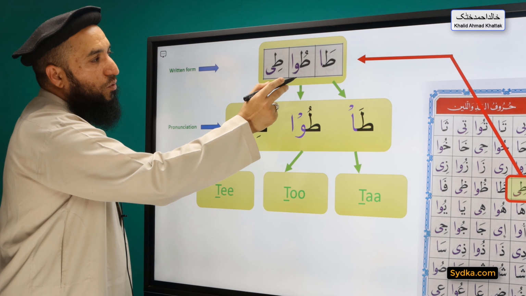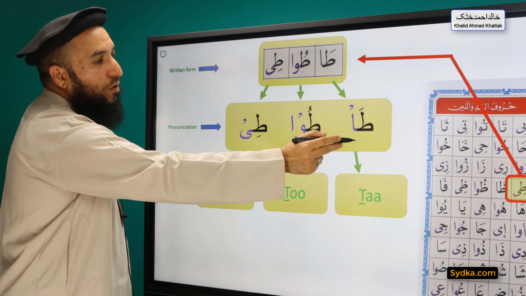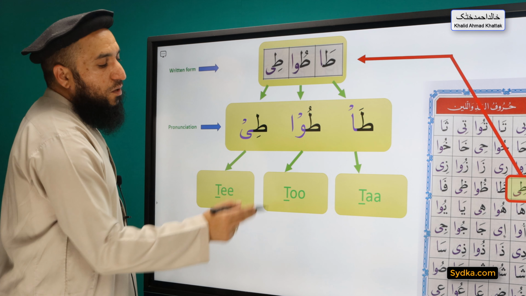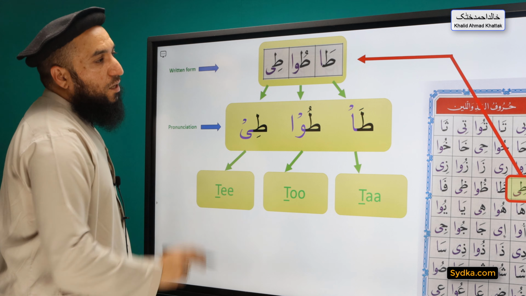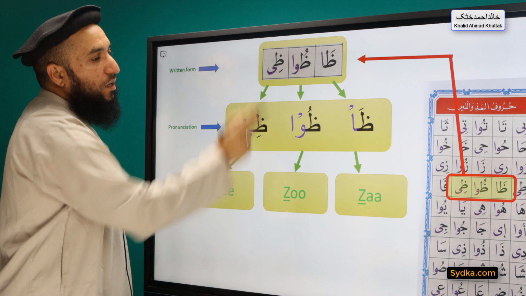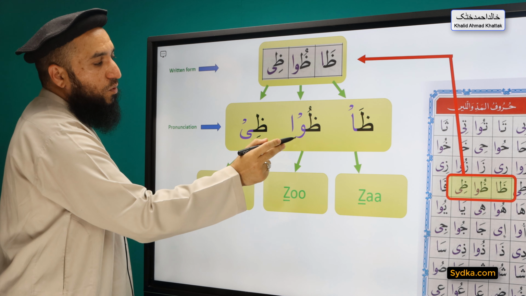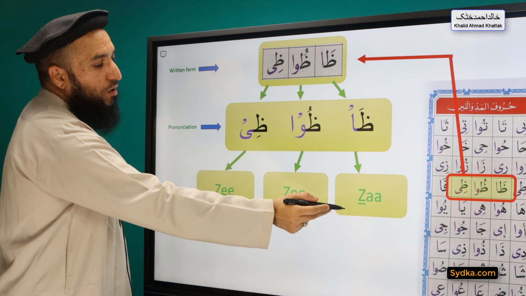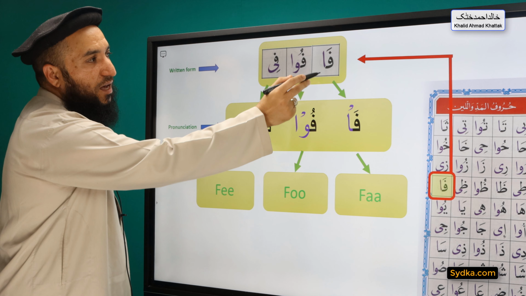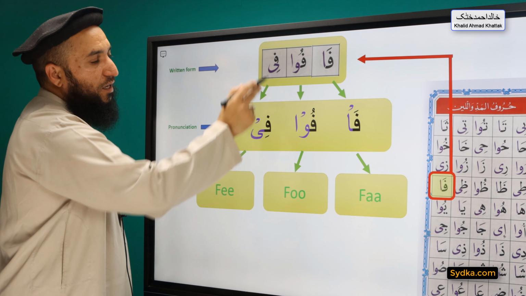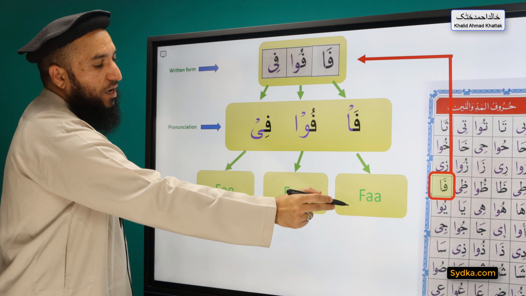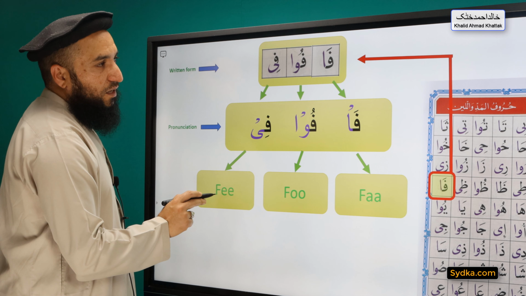Ta, Tu, Ti. Ta, Tu, Ti. طو طي ضا ضو ضي فا فو في